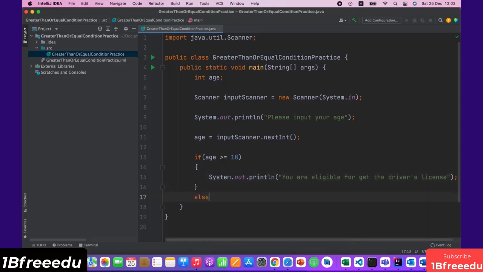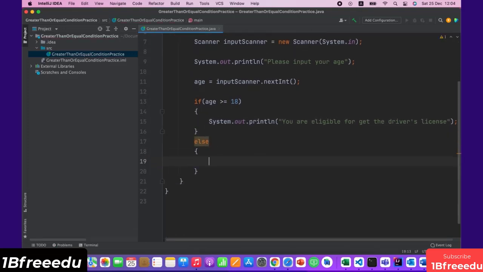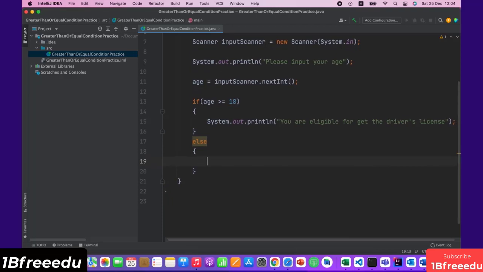Next, I write else keyword. Then add curly braces under the else. Else represent the person age is less than 18. If a person age is less than 18, that person is not eligible to get the driver's license. So I write